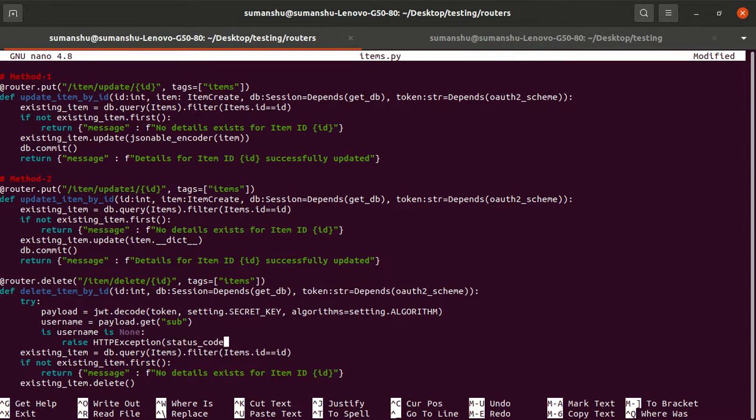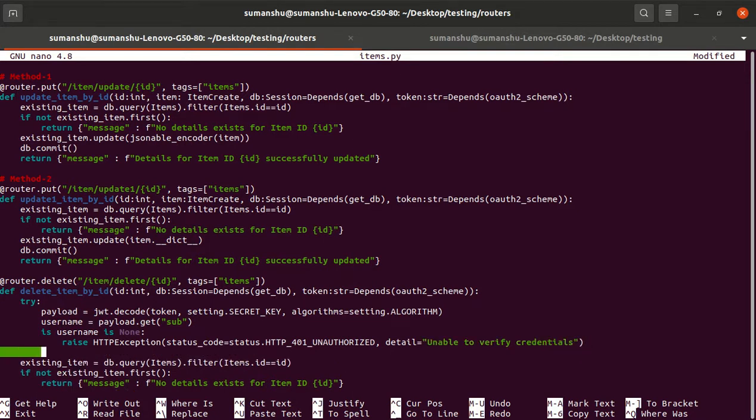So status code is equal to status dot HTTP underscore 401 unauthorized, and detail is equal to unable to verify credentials.